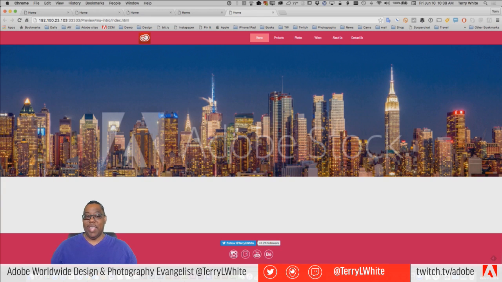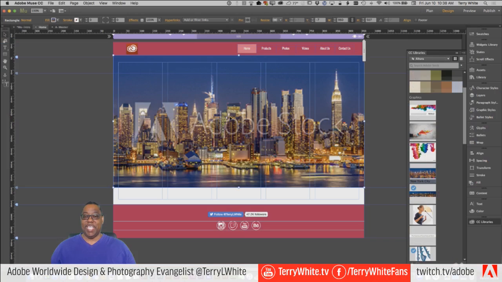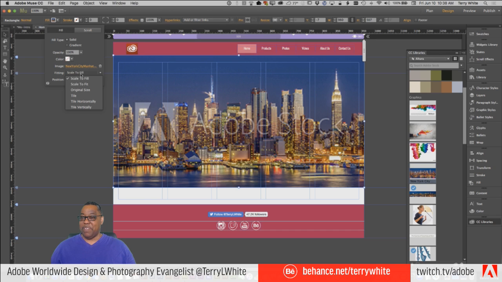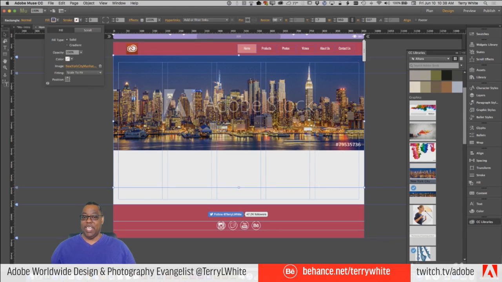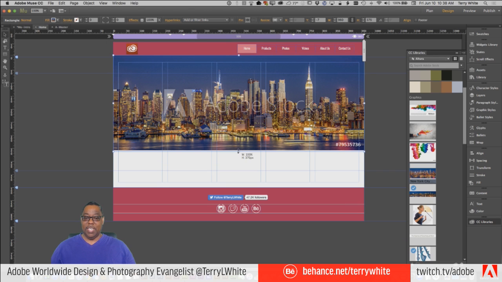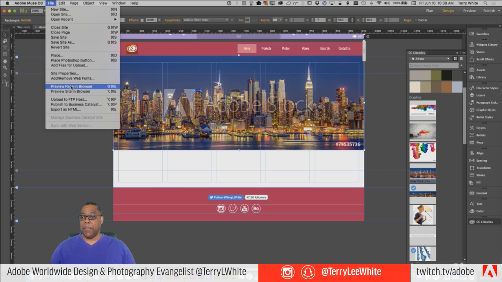Now, if you need to see at all times the full width and height, and you want it to fill the page, then that's a totally different thing. What you're going to do at that point is set this, well, I haven't tried this in this image, let's try it. Instead of setting it to scale to fill, we can say scale to fit, and then what that will do is, no matter what, always scale it to fit. In that case, we're going to end up with white space either on the sides or top and bottom. So for example, preview page in browser.